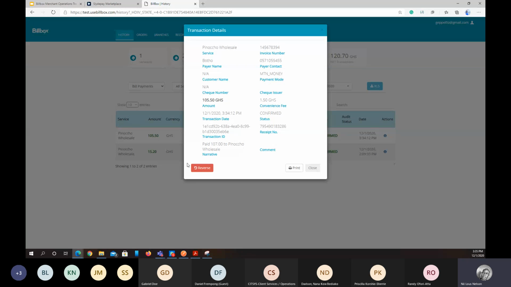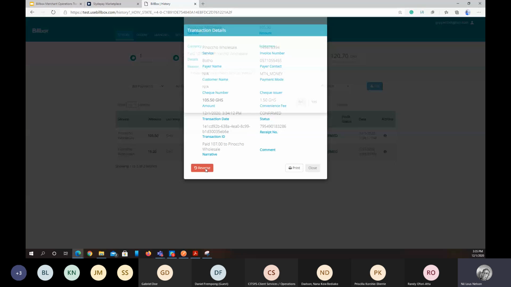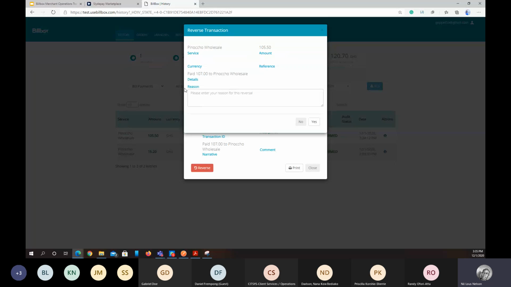Now we have a reverse button here, okay? And because I'm the admin of the account, I can see the reverse button. This reverse button allows you to do a reversal for the transaction. Currently, because we are not connected to, let's say, a mobile money provider, if I do a reversal, it's not actually going to work. So if I click a reversal, it gives you the service that was paid, the amounts that you'll be reversing, the currency is not currently showing, but then you can see the details of the payment, and you can give a reason for